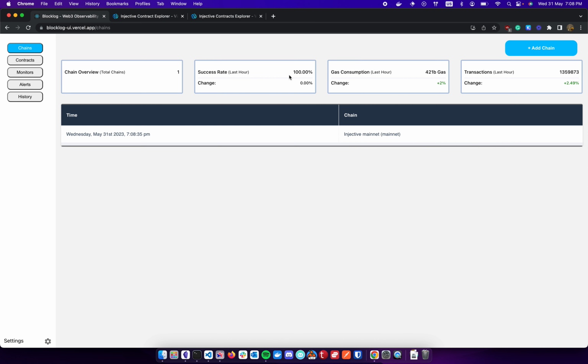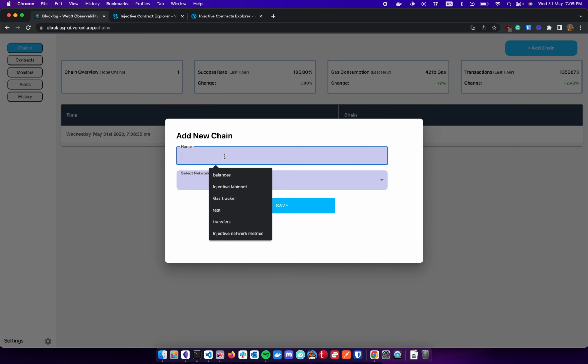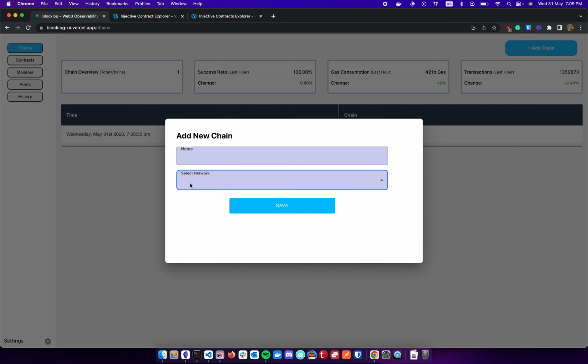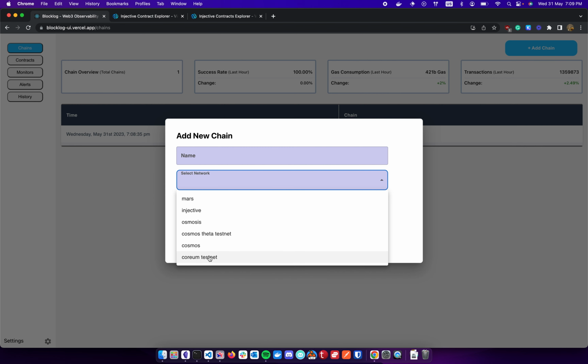Success rate is the ratio of successful transactions to the total transactions for the last hour, and you can see the ratio here. It's for Injective, it's high actually. And this is the gas consumption for the last hour, and this is the total transactions. It's like 1,300,000. So we can add as many chains as you want, but the data is available for Injective and for